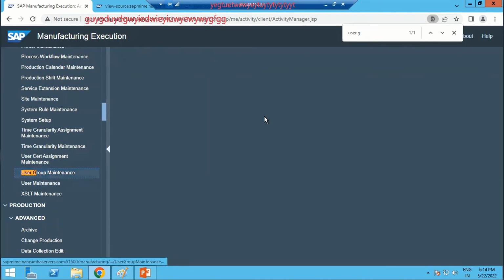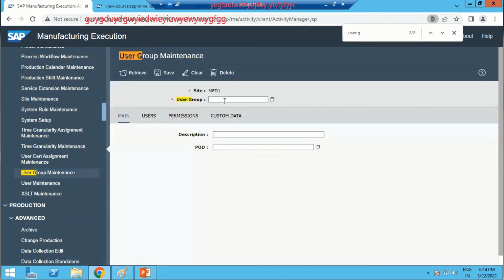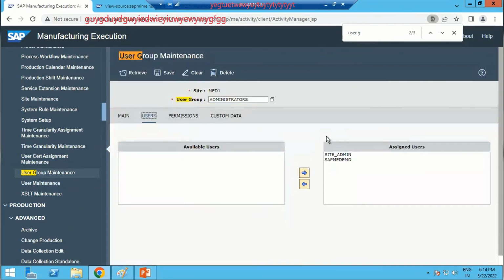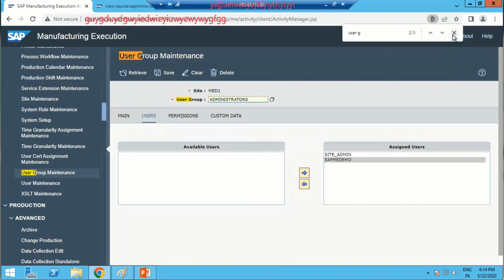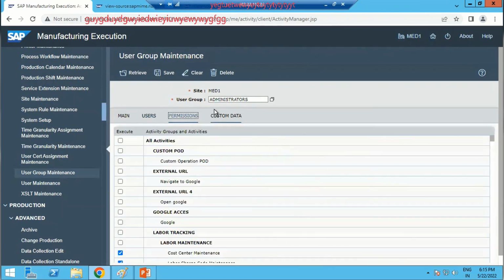Let it open and retrieve the administrator here. And here you can see which users are assigned to this. So site admin and SAP ME demo, two users have been assigned as administrator for this MED1 site. So what will happen if I want to provide a permission? I need to select that checkbox. So can you see here the